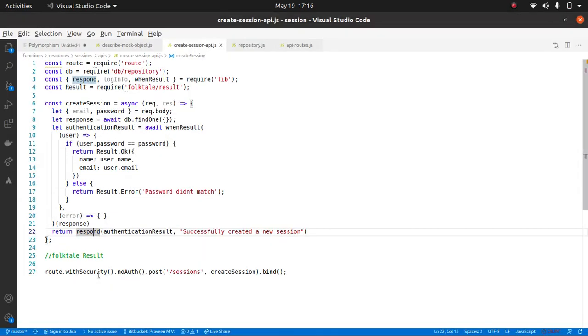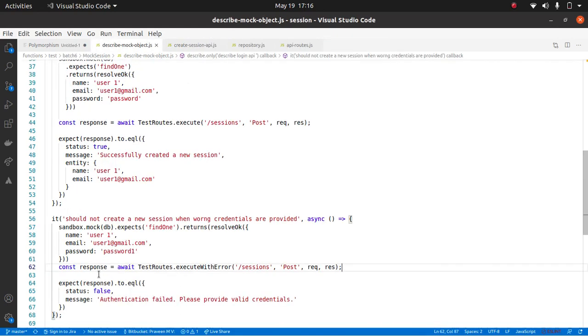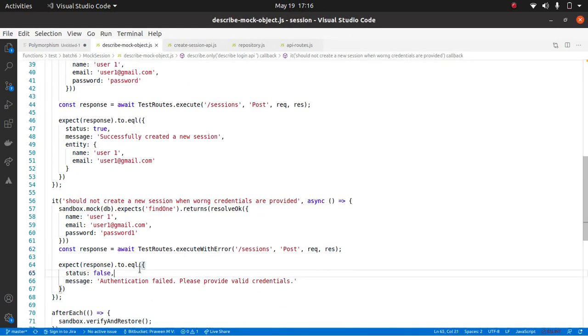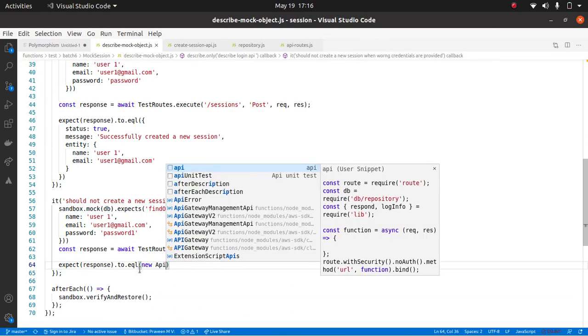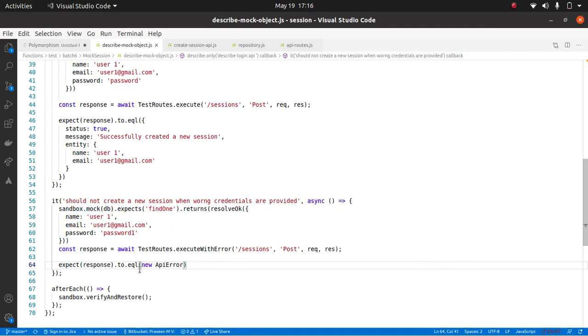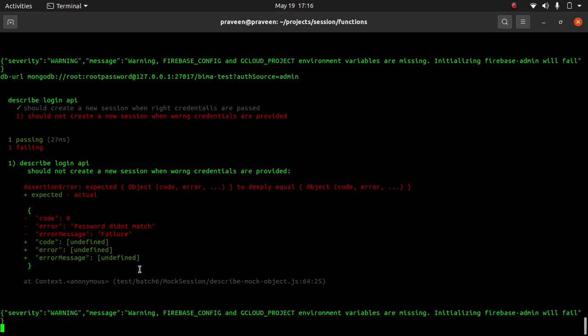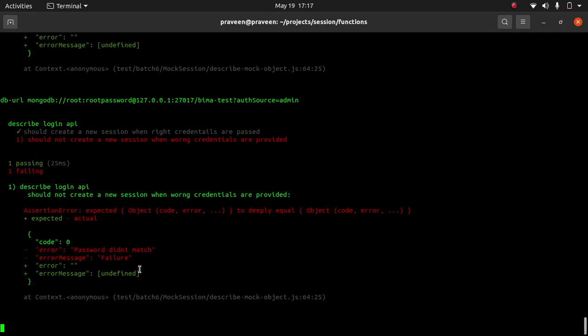So I will go change the expectation over there in the API session, in the describe mock object. Here instead of this, it is expecting a new API error. We basically return an API error. What was the code? Code was 0. The error message was Authentication password didn't match.